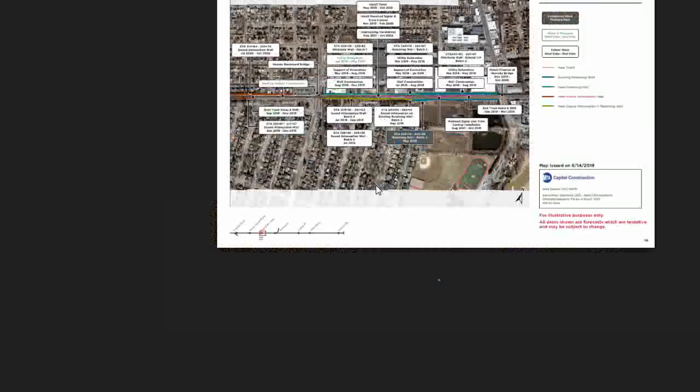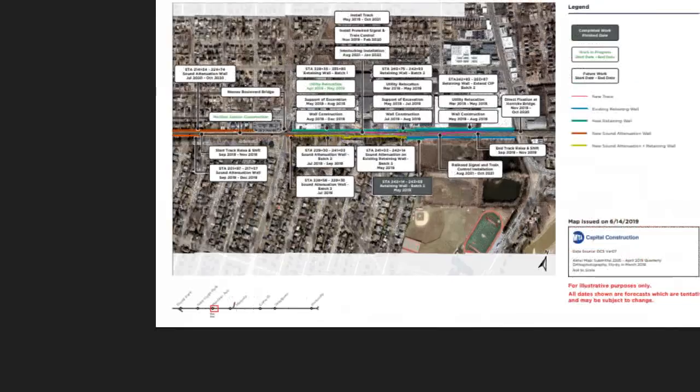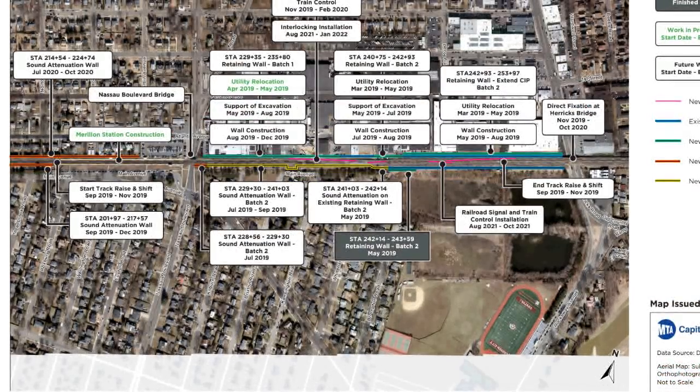There's Nassau 1 interlocking. Alright, so this is one of the issues I want to talk about here. Let's see if we can get this in. If I have to, I'll draw a map because I can't seem to find it on the site. Let's make this larger. Alright, so they're going to be putting a new switch in over here, I believe. Yeah, install track, pre-wired, positive, interlocking installation. So they're going to be installing a new interlocking right over here, which is west of the Herrick's Road grade